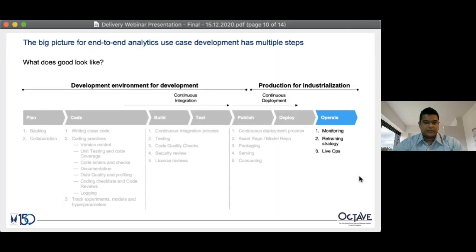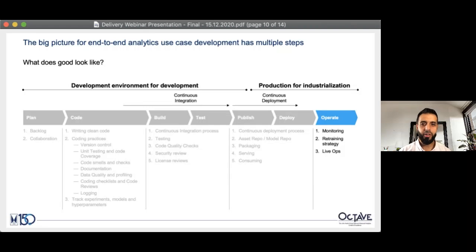Fantastic. Okay, so I think we're going to move on to operating now. Just to recap, we talked earlier about planning and the tools involved to enable cross-functional teams to work together. Then there is coding, clean coding, and the quality of data and of what we're producing. There's a push around continuous integration and using tools to build, test, and train AI models and data engineering pipelines. Then there's publishing and deploying. Now we've got something running in a production environment, and this is really where we're talking about operations, and where I think the crux of some of the challenges exist.